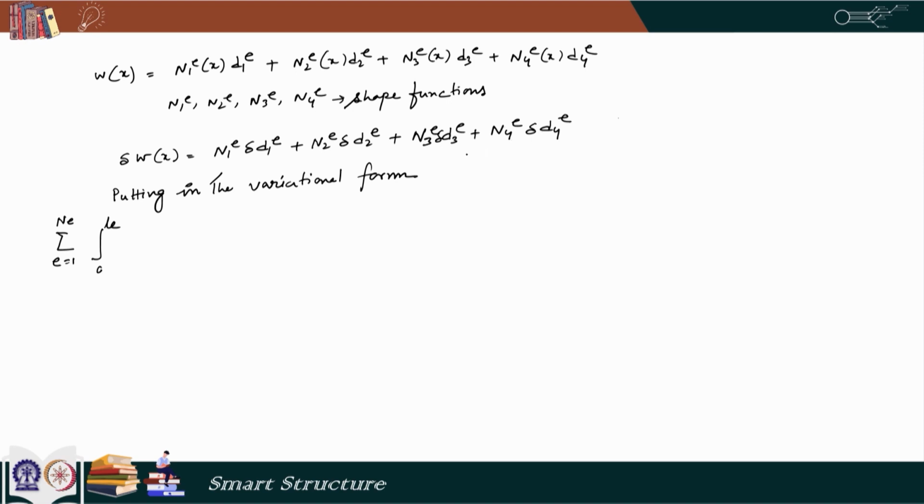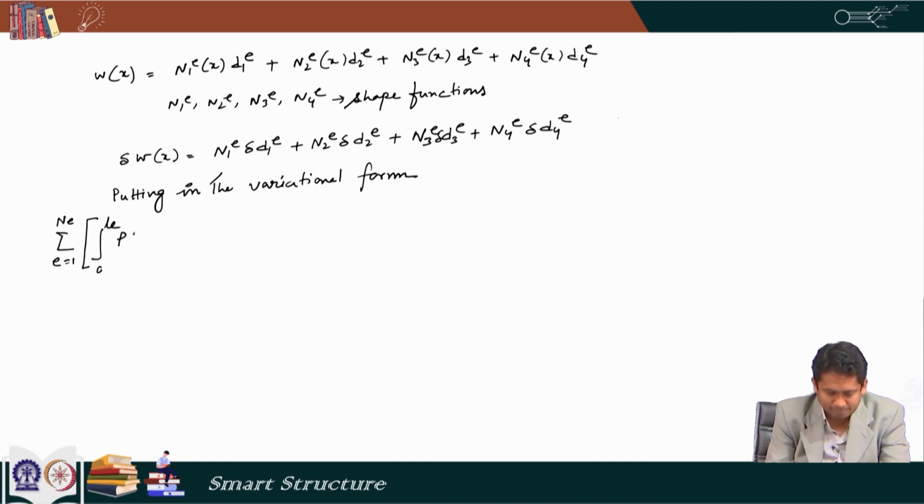As the definitions are confined within each element, we need to do the integration within each element and then add them up. So, for that we write it in this way. We have a summation going from e is equal to 1 to n e and then we have